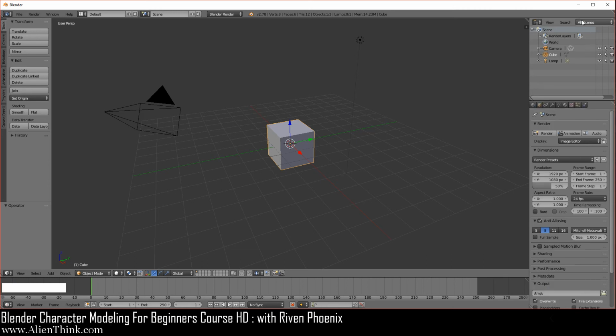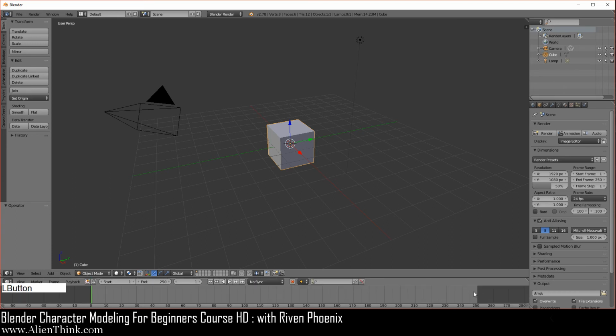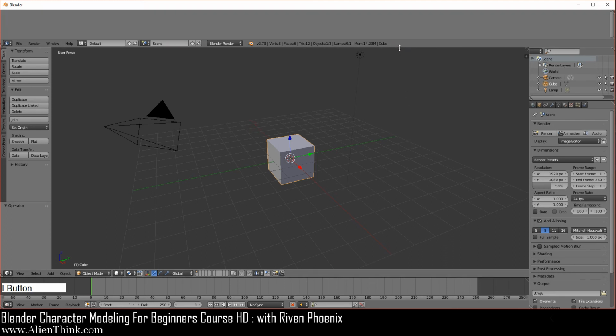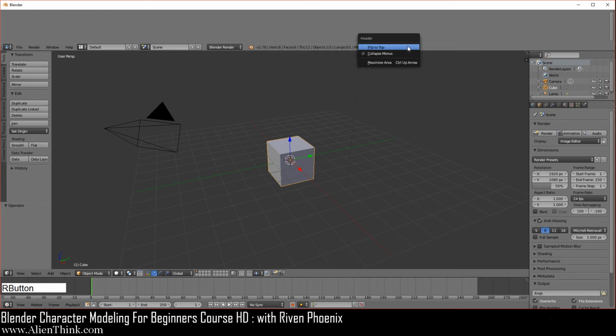So over here I can do the same thing. I have to go over here in a clean area, right click and flip it to the bottom. Now it's over here. Right, so you can find the header by always just looking at these little triangles. Where exactly is it? Once you've identified that this is the window type, over here is the same thing. I can click over here and flip it to the top, or click over here and flip it to the bottom. Now over here, as I said, if you click over here and scroll this down, you can see that I can click on this and flip it to the top.